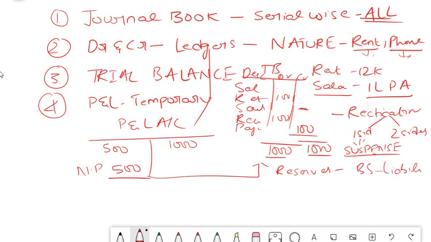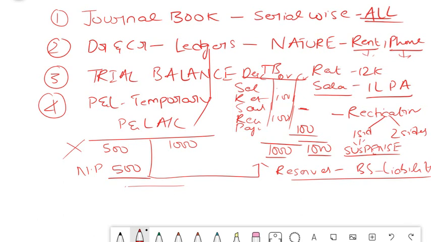Why liability? I will tell you later, but for now you should remember that all the profit and loss account balances are transferred. At the end, the P&L balances or the nominal account balances in the TB become zero. This is one thing you should remember, because the net profit goes into your balance sheet. So once the net profit goes into your balance sheet, there is nothing left in P&L, isn't it? The trial balance P&L or nominal account balances get nullified, and only the balance sheet balances will remain in your trial balance after your entire accounts are done.